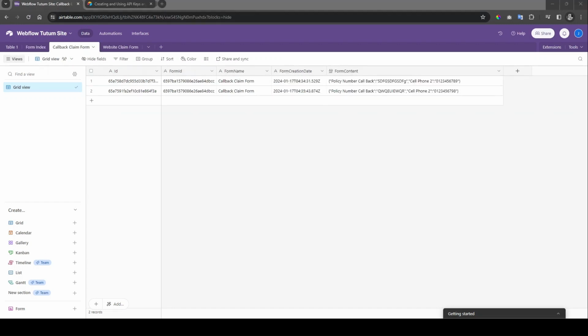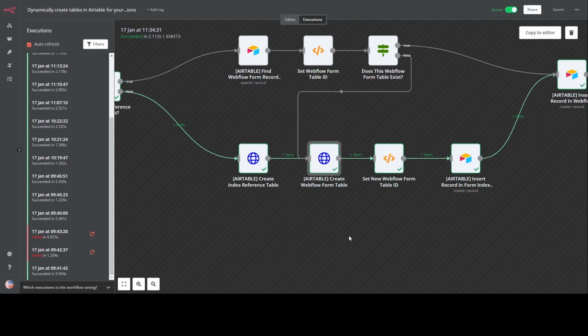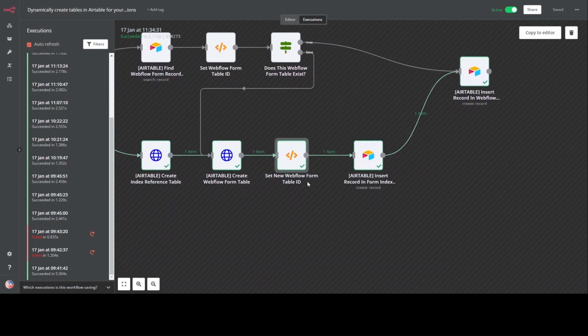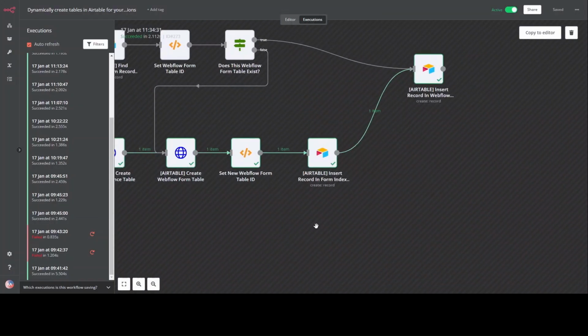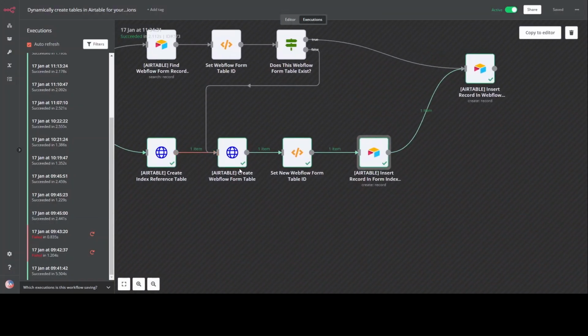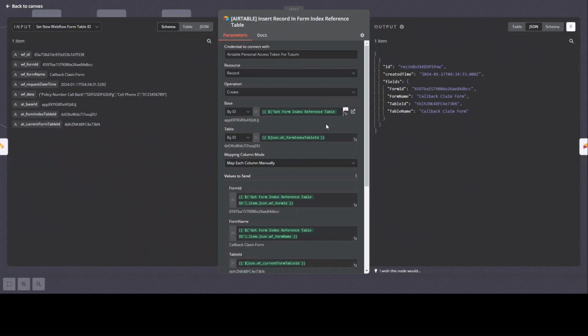This is the table that is the form, and this is the part that happens here. Then we just have a block of code that appends some specific information into our object here. Now we go back to this first table and we insert a record to it. So we reference the table that we create, the form index table, and then we insert this record, which is